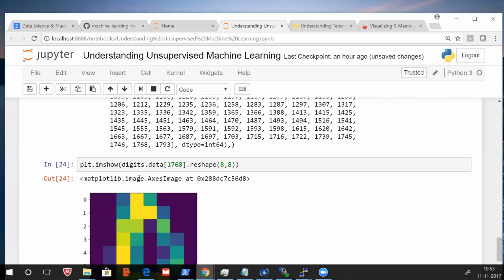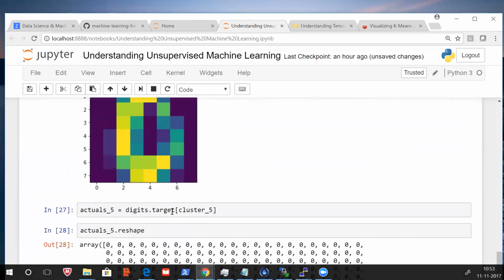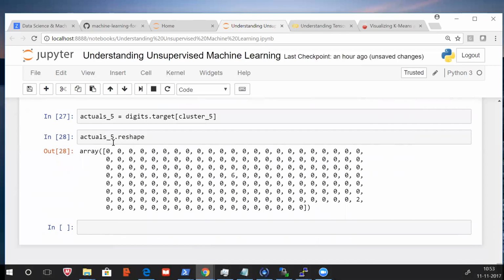Okay. Then of course we are seeing the data. This is how 1, 0 looks like. We can choose any of them. Now we want to see how good our clustering is without knowing the label. You can see here, this is the target. This is the index number of the data, right? You can see here a lot of them are 0. Only 2 misclassifications are there, right? Okay, so this is what we see here.